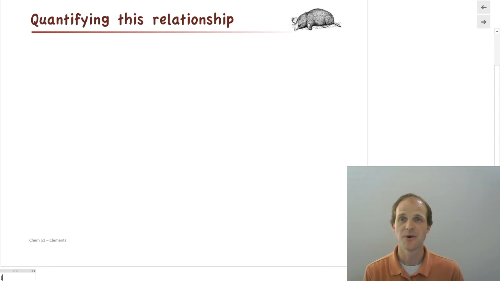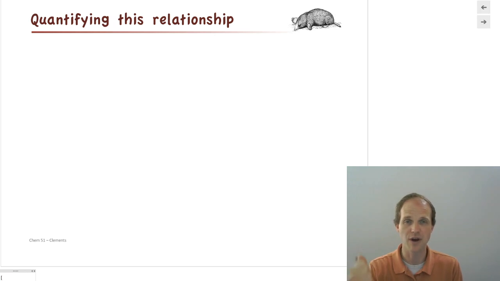Welcome back. We talked about in the last section how we can define equilibrium as when the rate of the forward reaction is equal to the rate of the reverse reaction. Macroscopically, it looks like nothing's happening, but on a microscopic level, we have dynamic equilibrium. Products are constantly forming reactants. Reactants are constantly forming products. So how do we quantify that relationship?